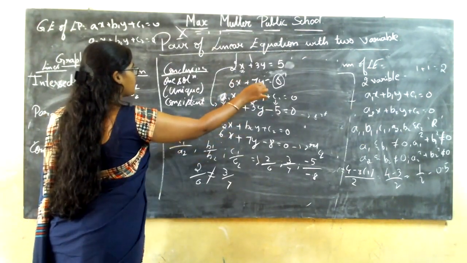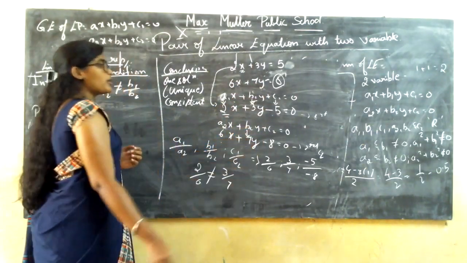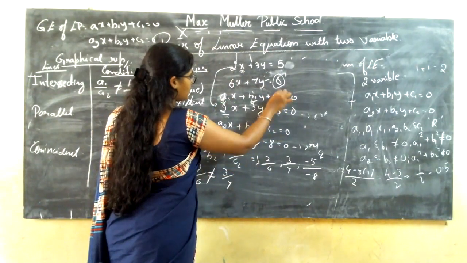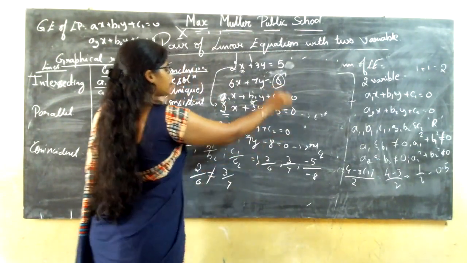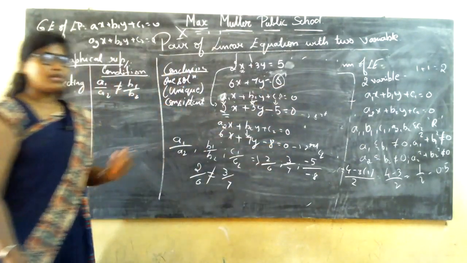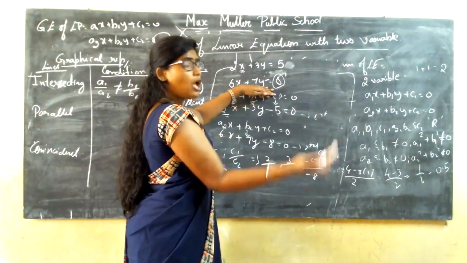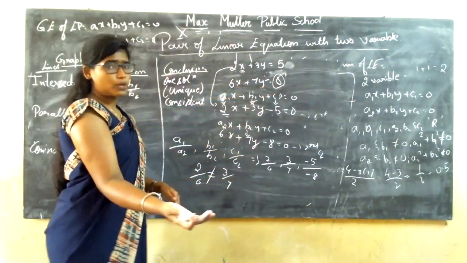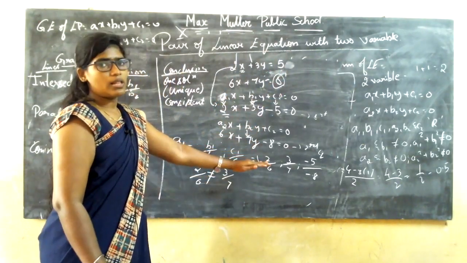If you have the number with y term, then you are going to place it with B2 term. If you do not have any alphanumerical terms and only the constant is there, then you are going to substitute in place of C. Always the equation will be given in this form where the C terms will always be on the right hand side. If you are going to substitute in the general equation, you need to get back to the left hand side, then you are going to substitute in the general equation.